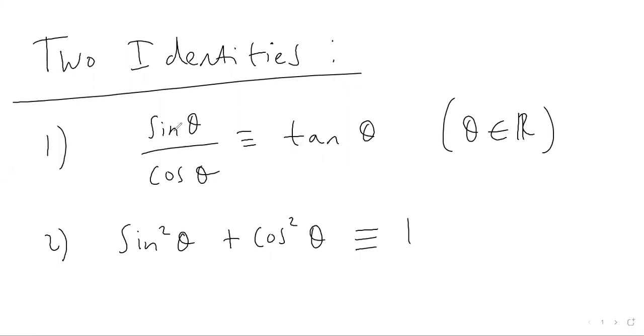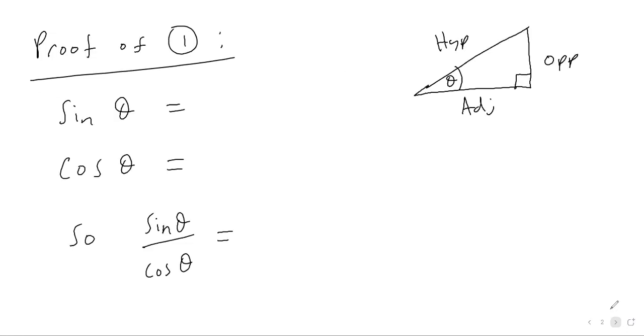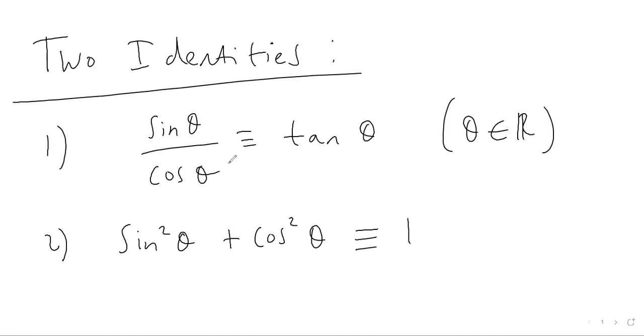So we're going to prove the identity that sin theta over cos theta is the same as tan theta, where theta is a real angle, and also this second identity, sine squared plus cos squared equals 1. So we're going to prove these two identities today, and these are two identities that you need to learn for your A-Level exams. So let's start with the first one, proving that sine theta divided by cos theta